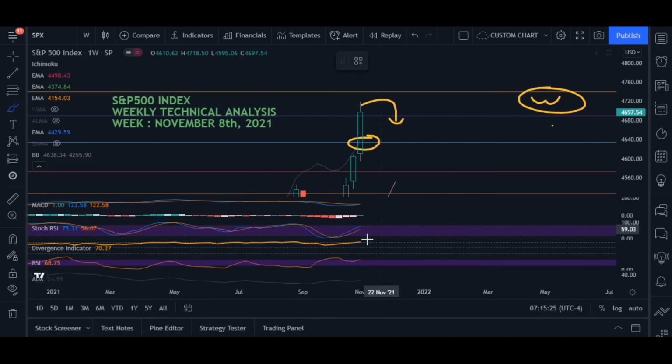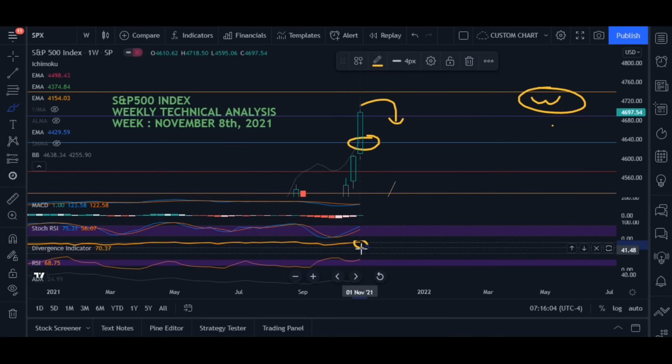Divergence, yep. This was another reason why I bought the put. If you see this particular divergence here, this is more than 70, and this is the reason why I was very much sure the market is going to come down after hitting 4,715 or 4,717. Because divergence was historically high, there are very, very heavy chances the market is expected to come down. So divergence was one thing.